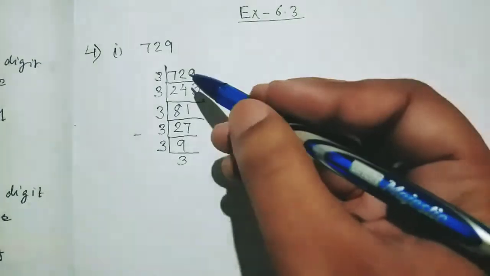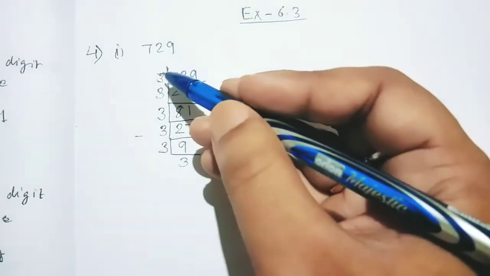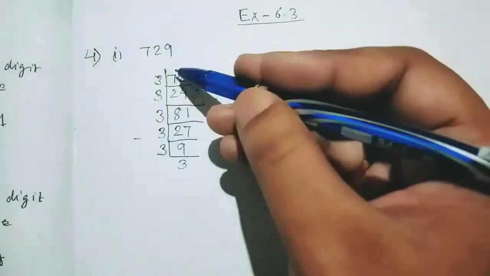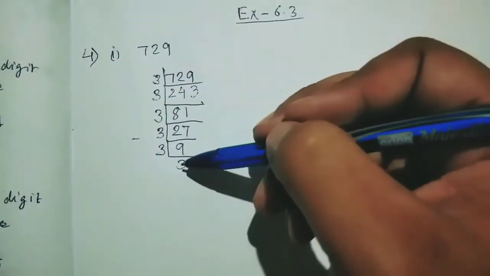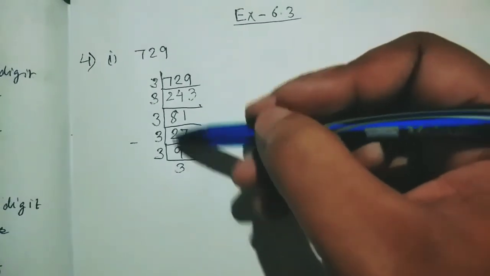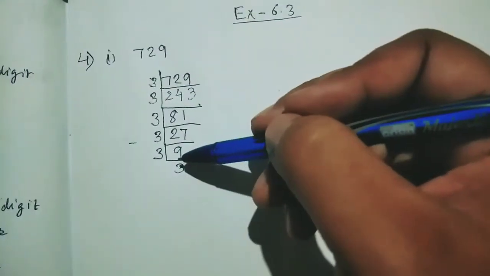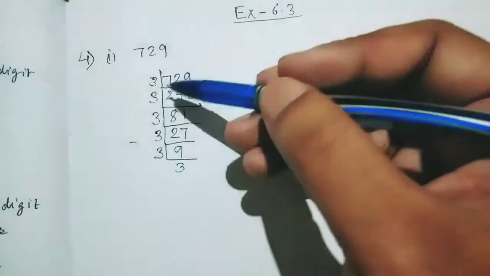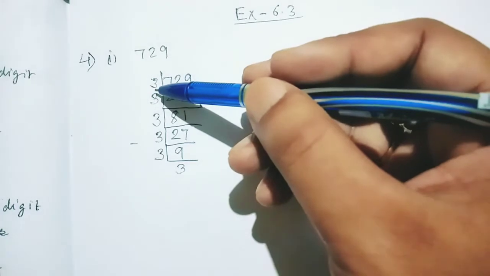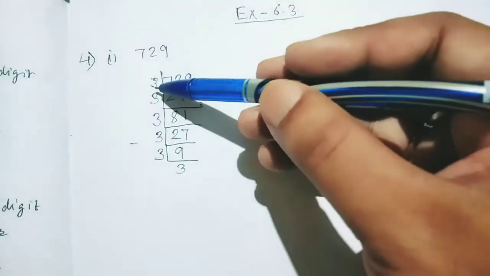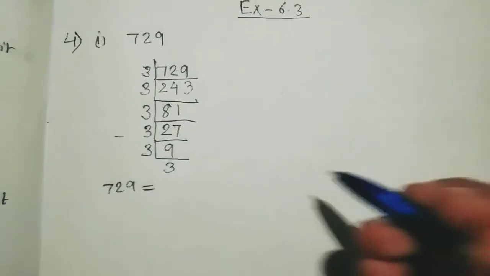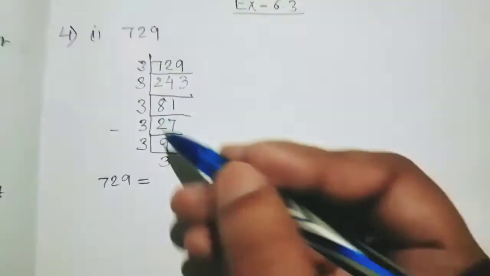So in this way you have to divide from smallest to biggest. But here all the numbers are dividing by 3 only. So at last, if you find the last number is a prime number, then you have to stop. 3 is a prime number, so here you have to stop. That is why the name is given prime factorization. Now we will write all the numbers in multiplication form. So these are the prime factors, and we will write the prime factors in product form.